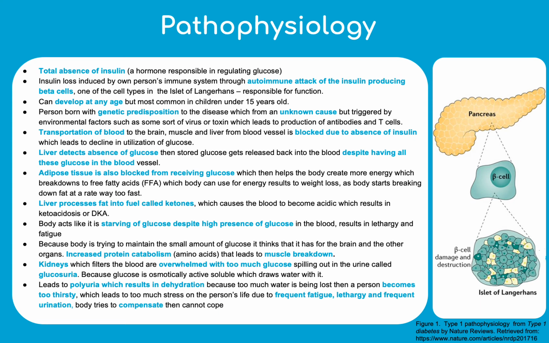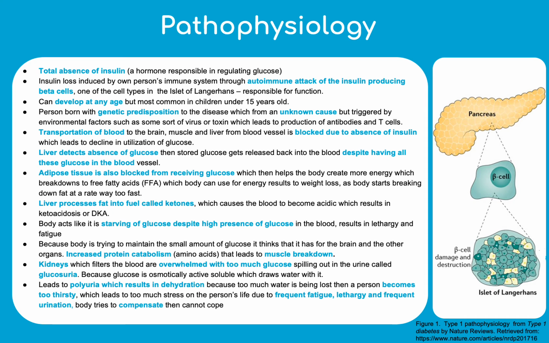So the adipose tissues are also being blocked from receiving glucose. And the adipose tissues help the body create more energy, which breaks down to free fatty acids, which the body can then use for energy. So this results in significant and unhealthy weight loss as the body starts breaking down the fat at a rate that's way too fast. And so the liver processes fat into fuel called ketones, which causes the blood to become